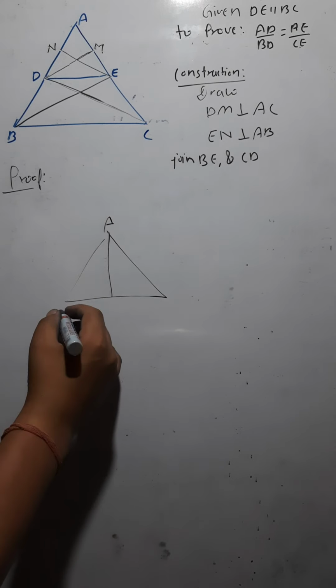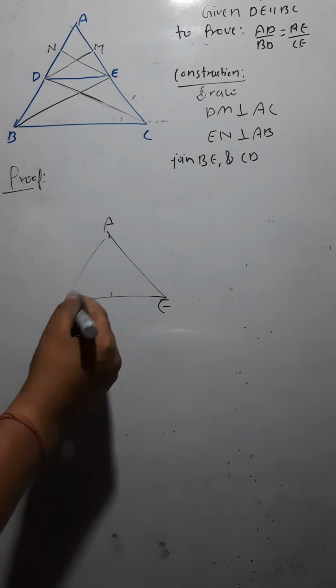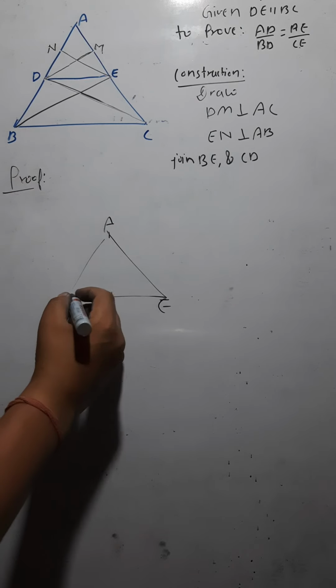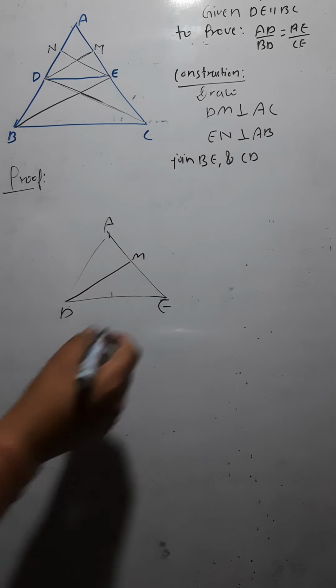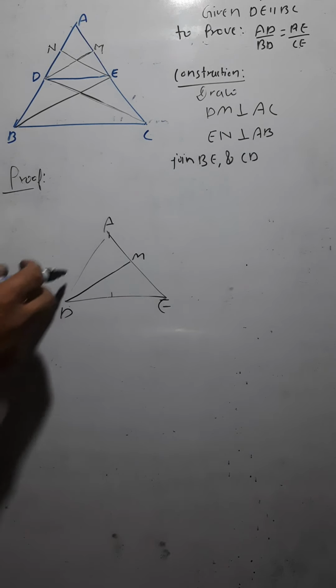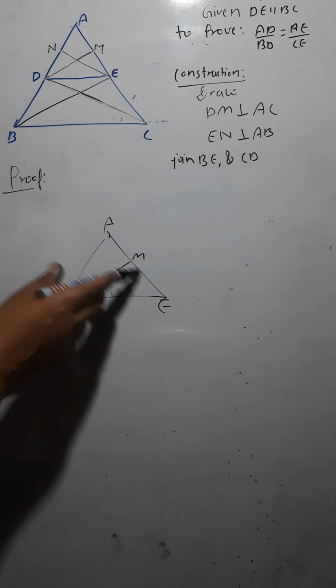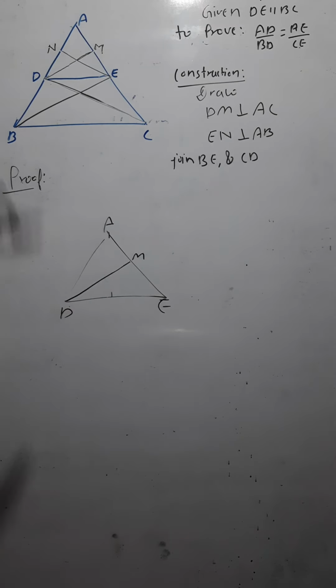So let's say this is ADE. I have drawn a perpendicular from D. This is the perpendicular DM. If this is the base, this would be the height, isn't it? So now we have to find out the area of the triangle ADE. What would be the area? Area would be 1/2 into base into height. This is the area of the triangle.